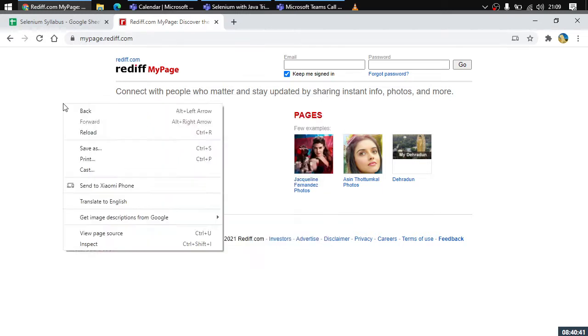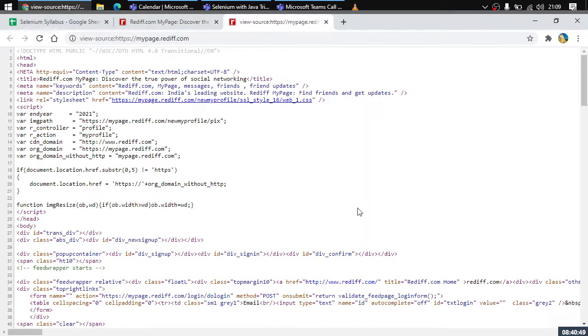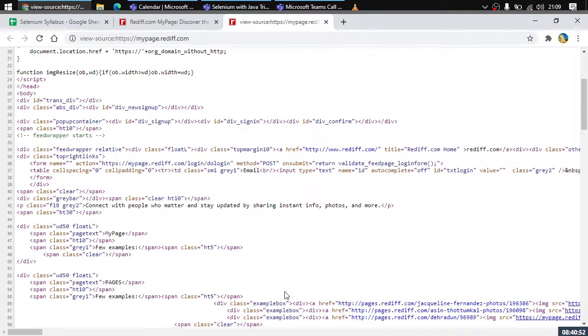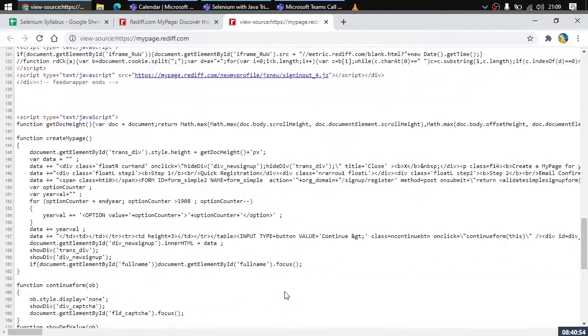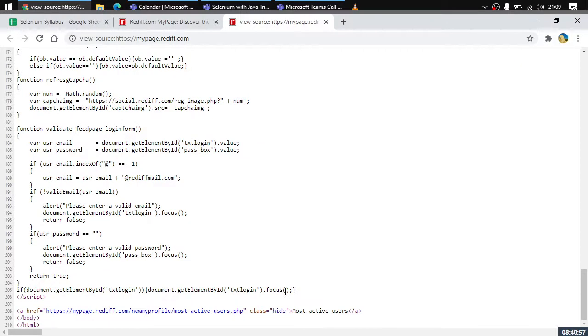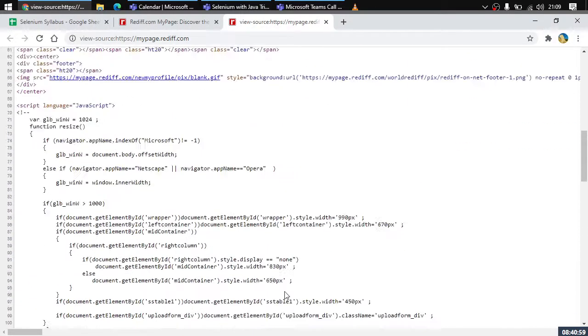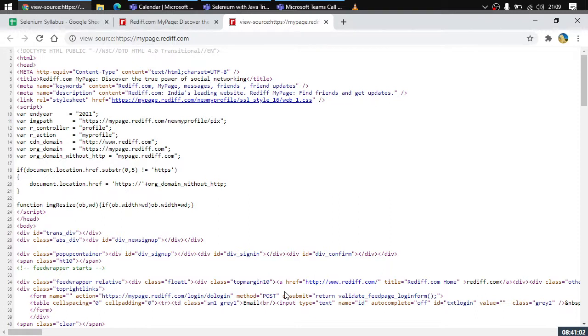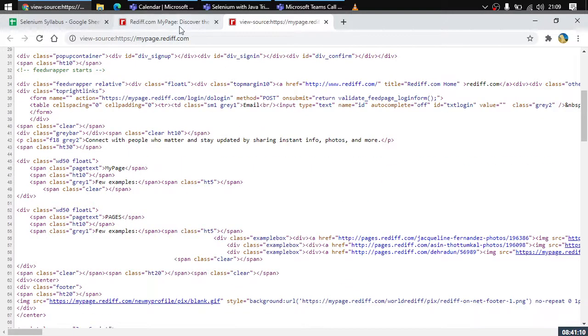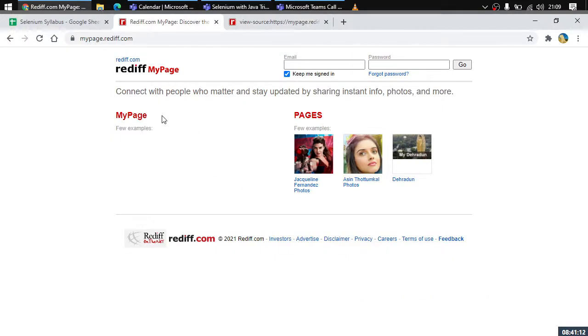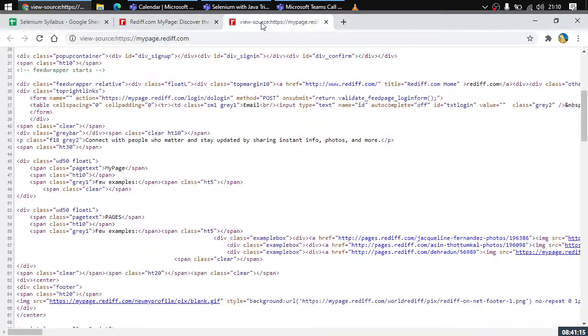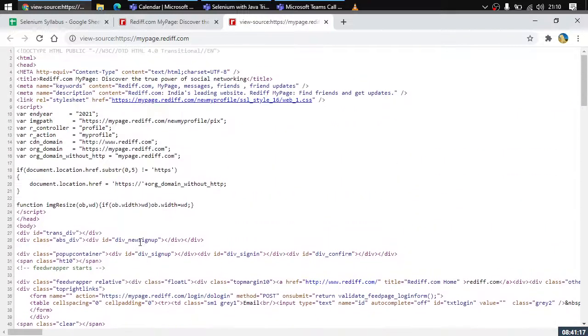So right click anywhere on the page, and here go to the option view page source. What is this? Let us see that. The moment I click on this, you can see that there is a code, a complete pure code. What is this code? The code is purely HTML code. The browser understands this HTML code only. So it reads this code, it renders things, and it shows us something like this. So whenever there is some view on the page, this means that there is some code behind it. Now this is the code behind it.